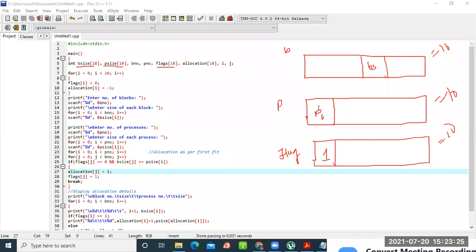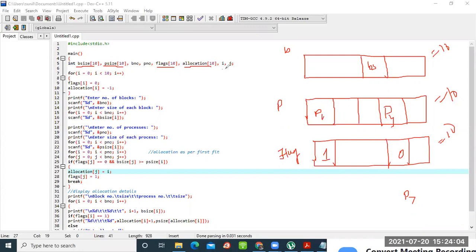If it is 0, suppose I have 5 processes like this and the process P4 has flag 0, then we understand this process was not allocated. Either the size of the process is much higher than any of the blocks, meaning we don't have continuously available memory, or the memory may be in discontinuous fashion. Fine. Similarly, the allocation matrix will decide which process is allocated to which block.